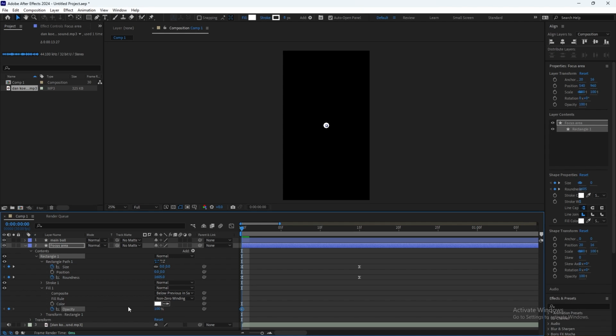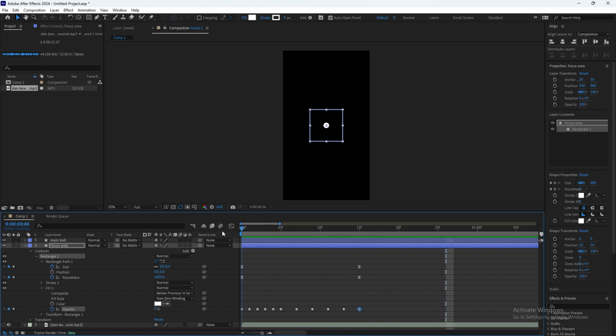You can start with 0, go 1 frame ahead, type 30, 1 frame ahead, 70, 1 frame ahead, 30, 1 frame ahead, 70, 100, then 2 frames, 70, 2 frames, 0, 2 frames, 30, 2 frames, 70, 2 frames, and 0.